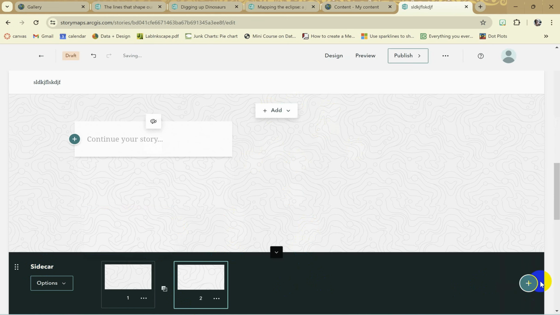And then let's say we want to introduce our story saying we're going to focus on these 2 states in the Midwest. I'm sort of setting this up right now, assuming that my sidecar is going to scroll over here. And that's why I've made Minnesota and Wisconsin slightly off center. So what I might do is use my snipping tool